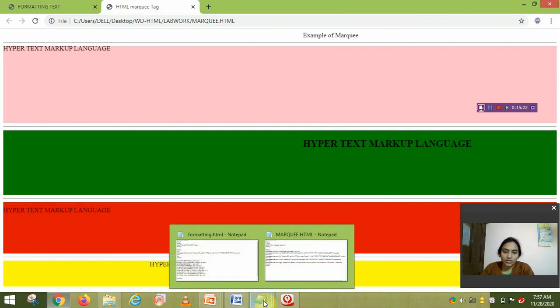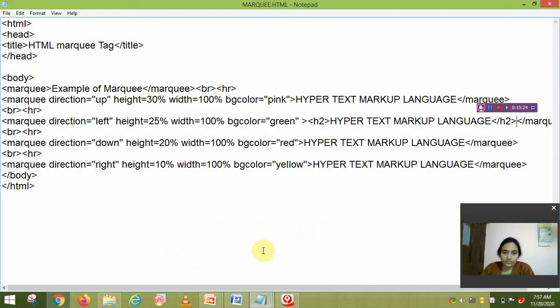In this way we also write all these things. This one is your H3. Whatever you want to write, you write before the text and close after the text, and the effect shows in your output page. H3.